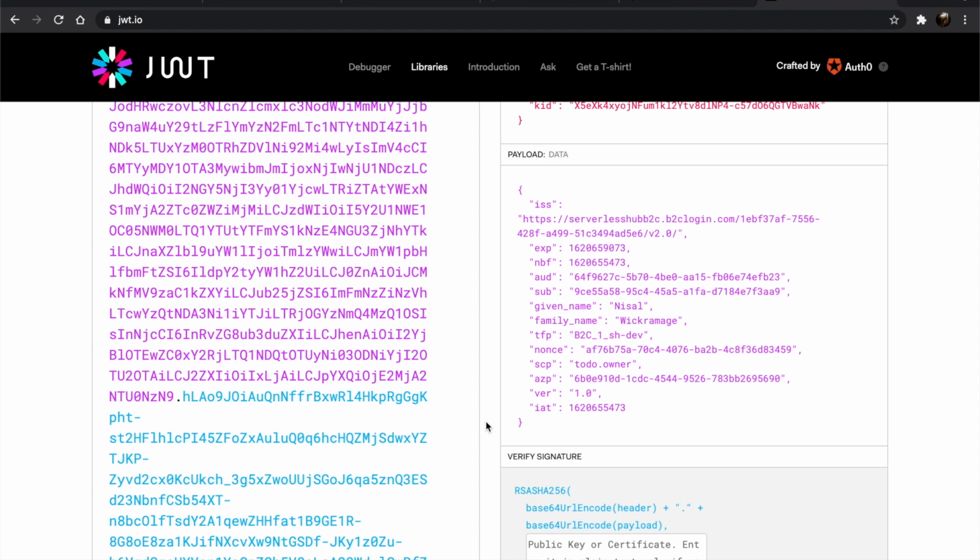And it should show the decoded values. So there are a few important values: issuer, audience, sub and scope. Issuer and the audience values can be used to validate the authenticity of the token. Sub value is unique for each user. We can use this value as the user ID. And the scope will specify the API permissions that the user has.